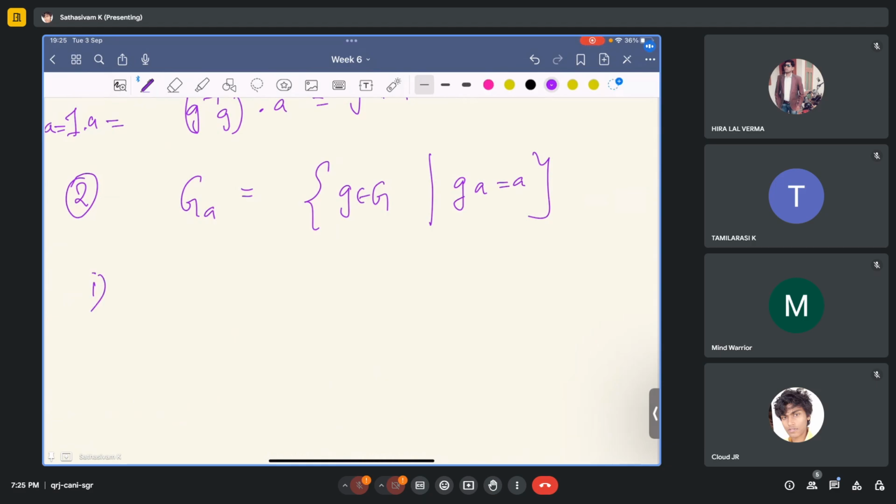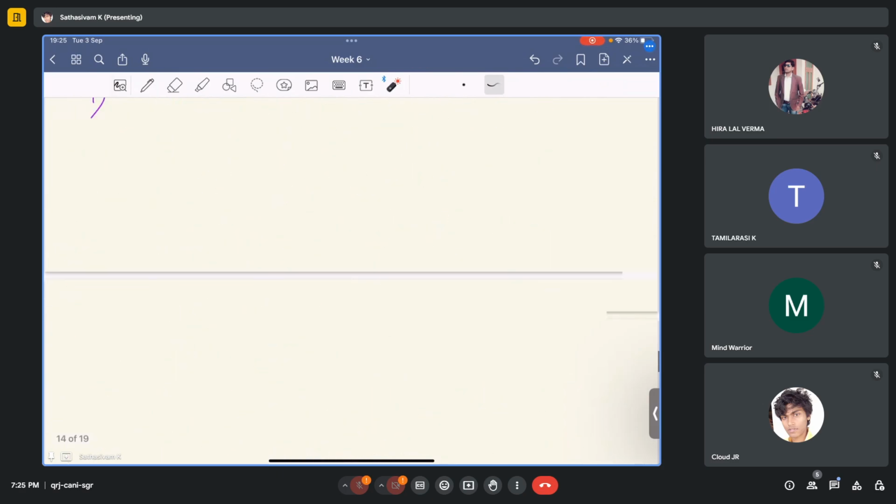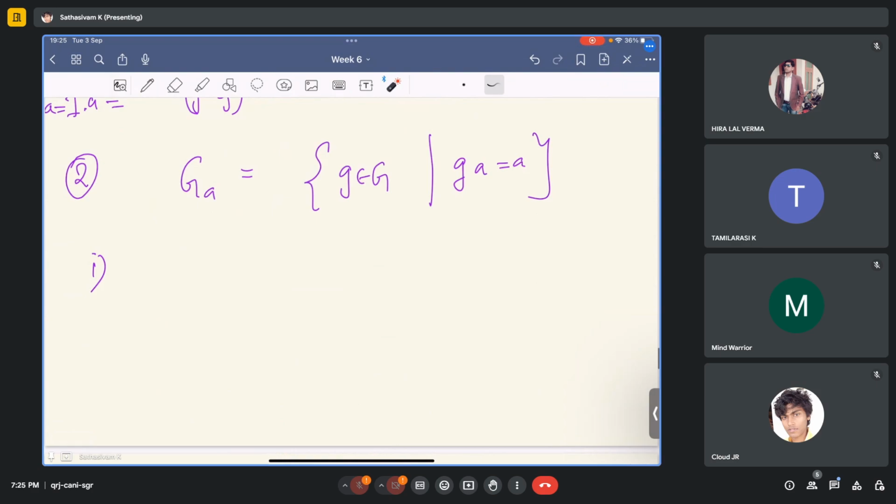So again, the same three properties that we want to prove. I think you might know what these three properties are. Identity has to be there, the product has to be there, and the inverse has to be there. Okay, so let's do it here. What is 1·a? 1·a is basically a. It's a property of group action. Thus,